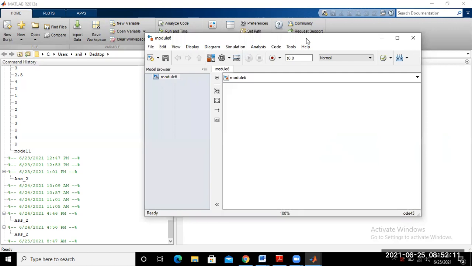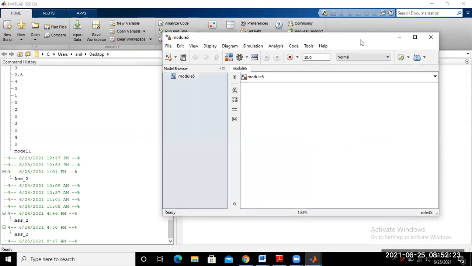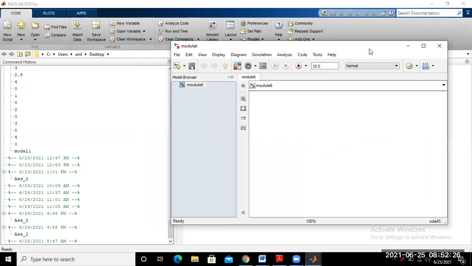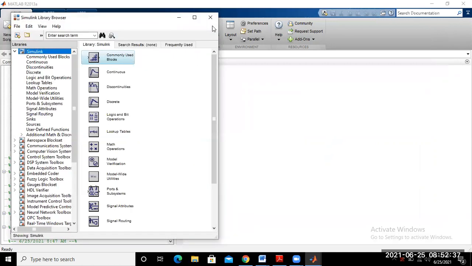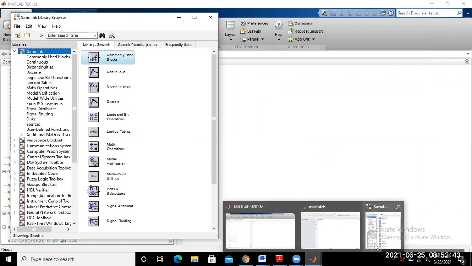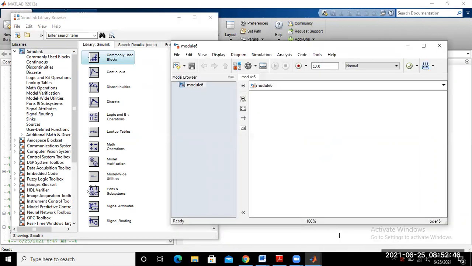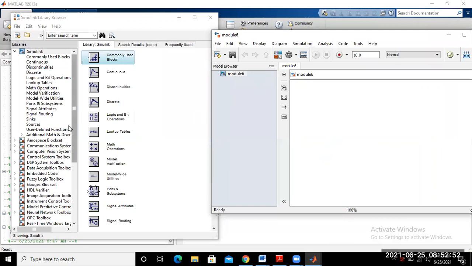Now in this workspace we try to simulate the circuit for the single phase full wave bridge diode rectifier. First of all, we open the Simulink library. Here is the Simulink library, from which we can take blocks to the workspace. So this is our workspace, and this is the Simulink library.